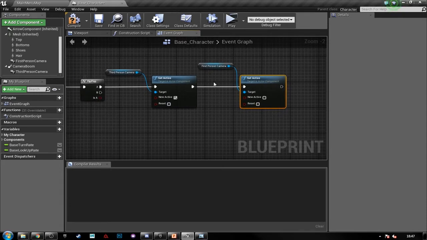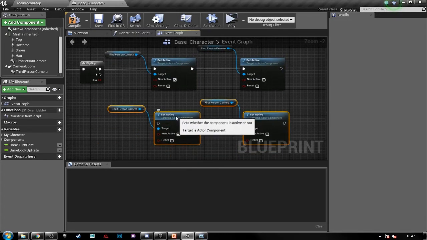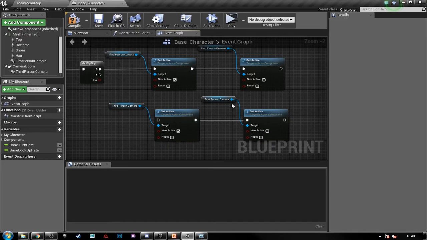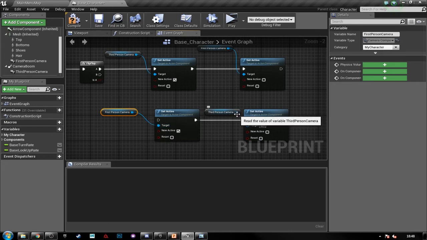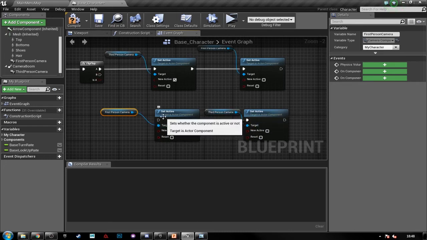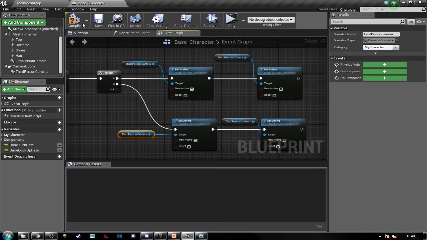Now for the B, we want to do the opposite. So I'm just going to paste this down here, just duplicate it. And if we detach these two, we'll drag the third person to the second one, and the first person to the first one, and just drag those into the targets, and then just connect this up to the B. Okay? Now if we compile and save,